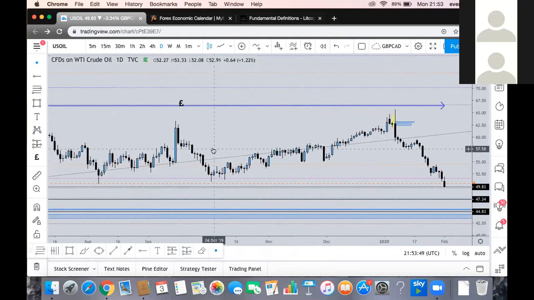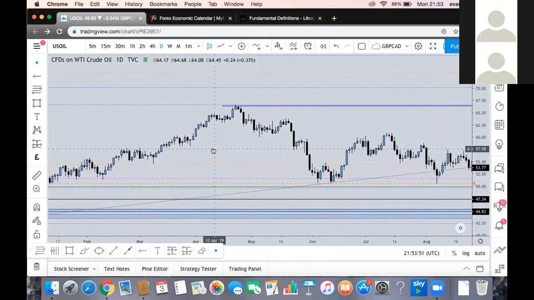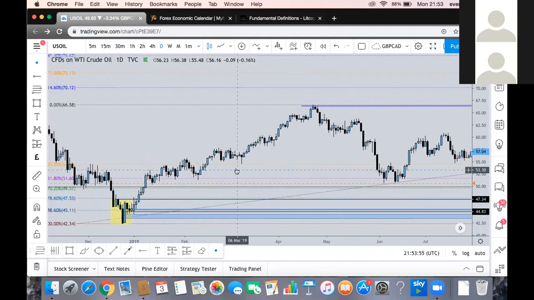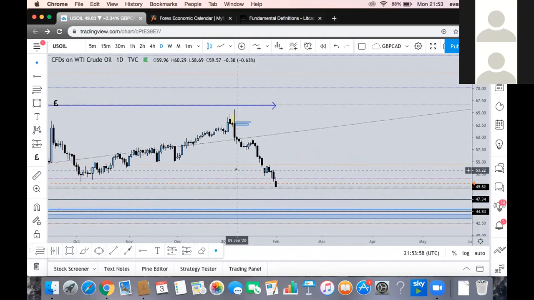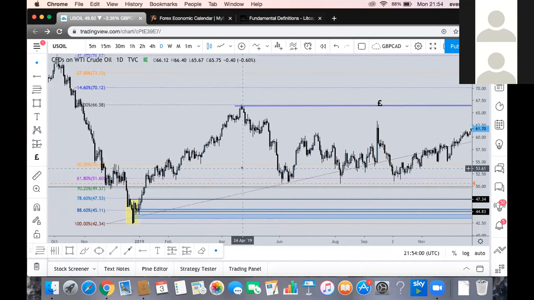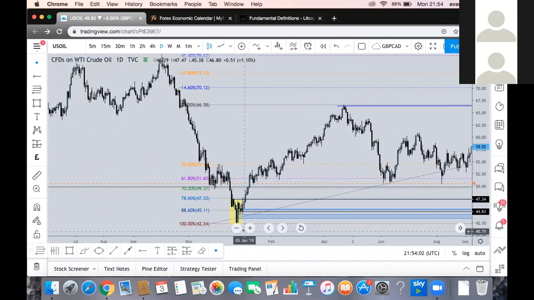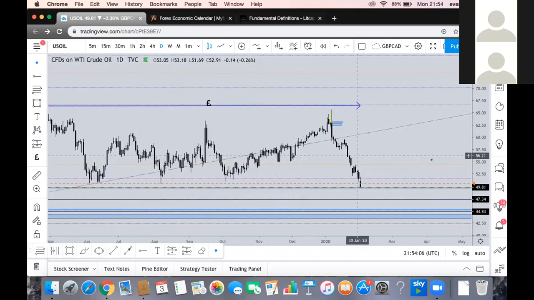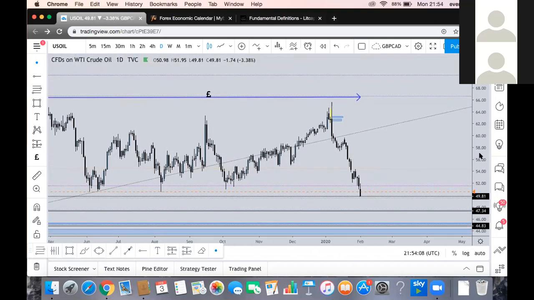Just playing off of what I can see here in regards to the area I'm looking at. The 78.6 area does look very nice to me in terms of the institutional candles that have been left there. They have yet to come back to it. So I do believe that is what is happening. So definitely look out for this one.